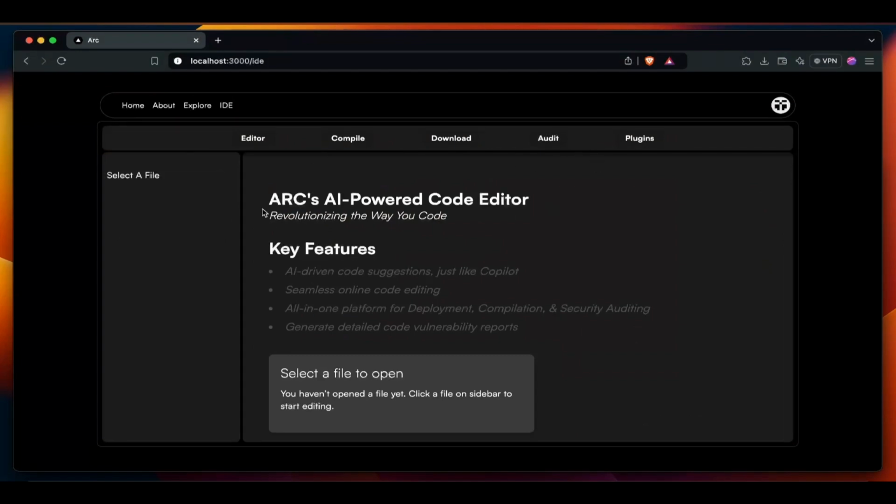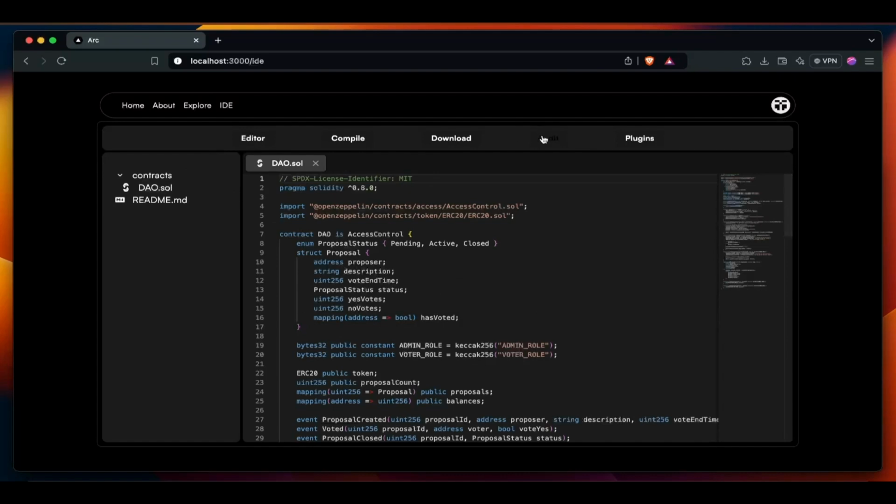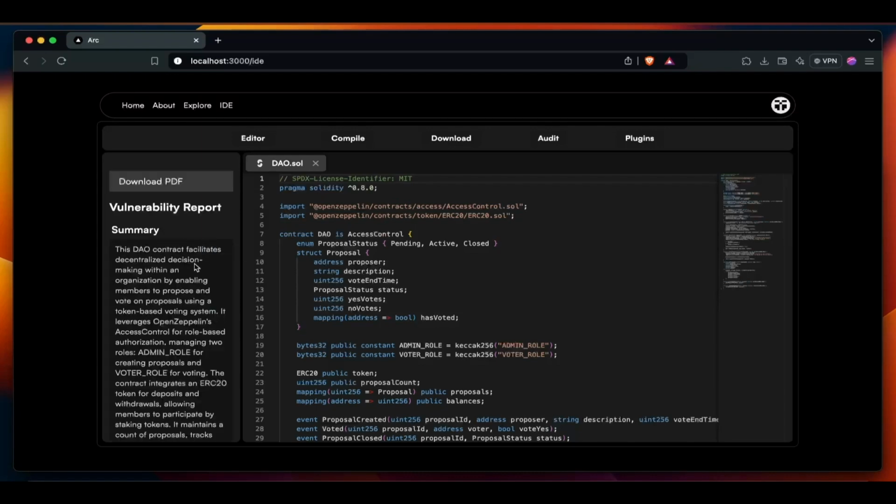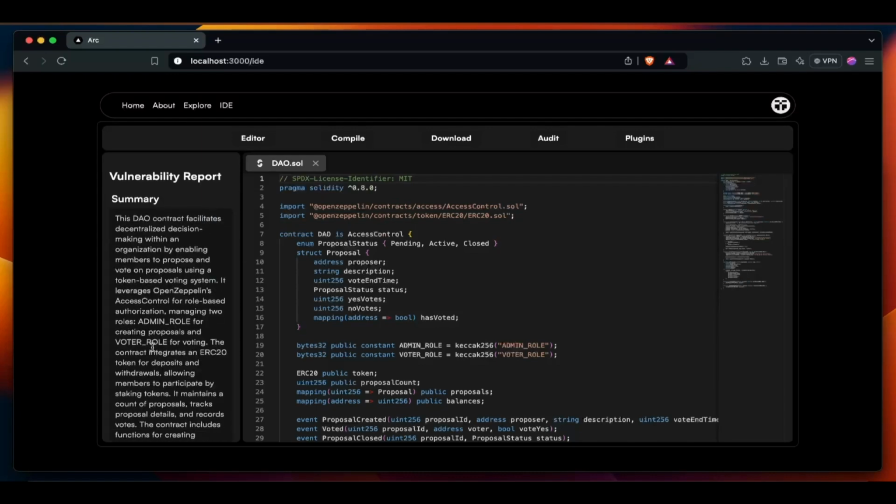Now we can see the audit functionality. We need to select some file for auditing. We can see the file has been selected, and we are generating the vulnerability report. It will analyze the code base and generate the vulnerability report. It will contain a summary. You can see here